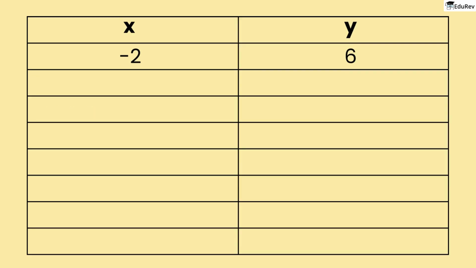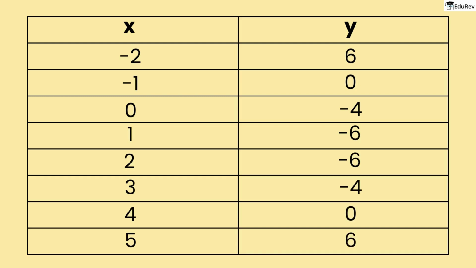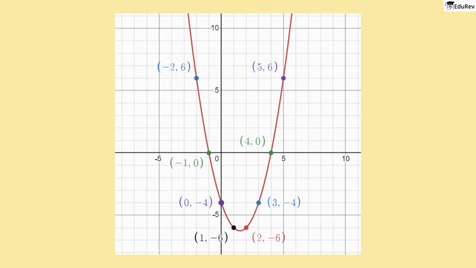Similarly, taking other values of x as minus 1, 0, 1, 2, 3, 4, 5, we get y as 0, minus 4, minus 6, minus 6, minus 4, 0 and 6 respectively. If we locate the points listed on a graph paper and draw through these points, it will actually look like